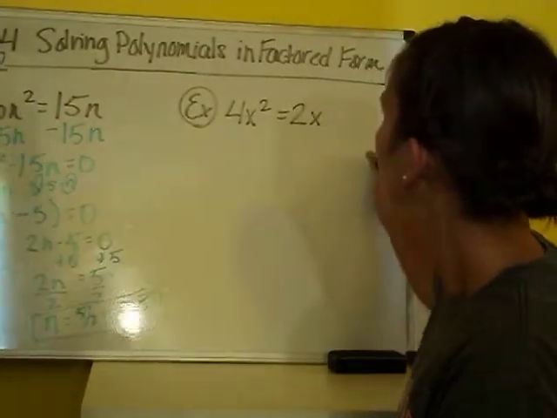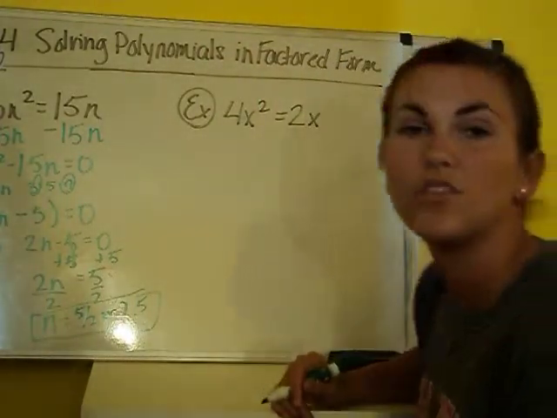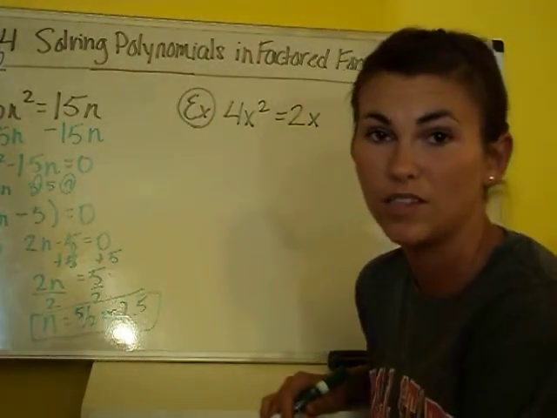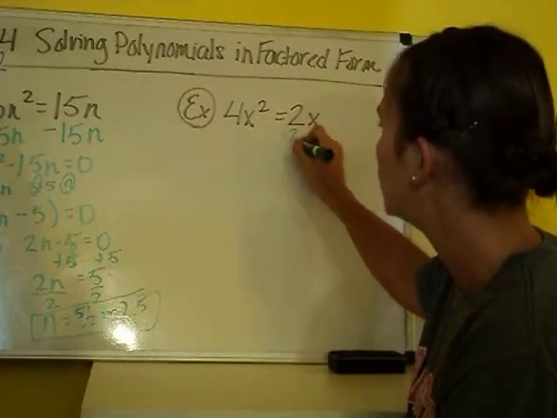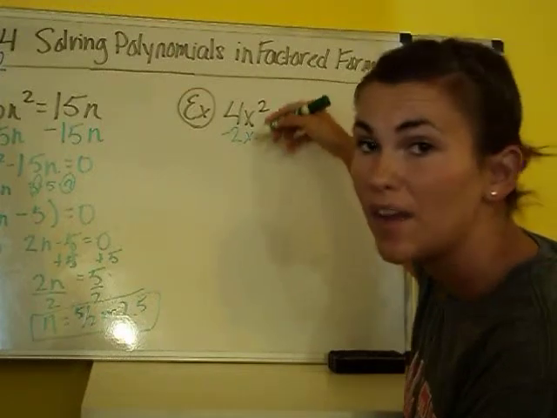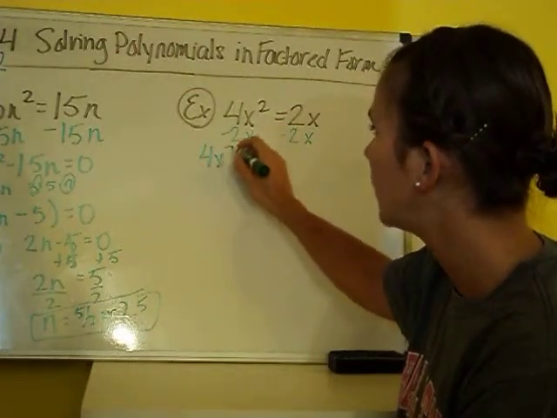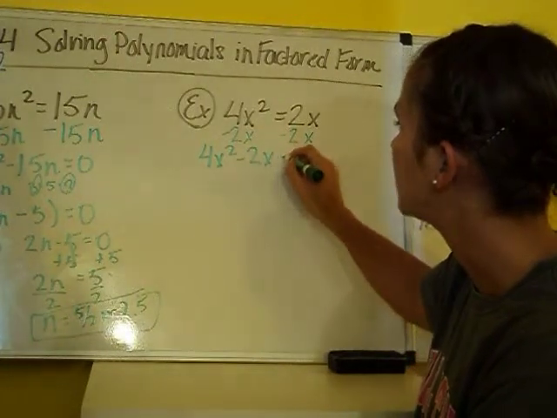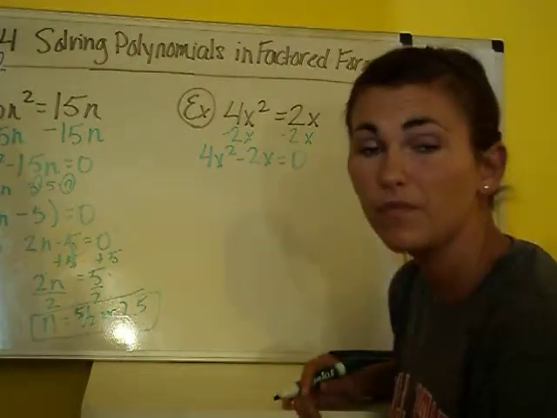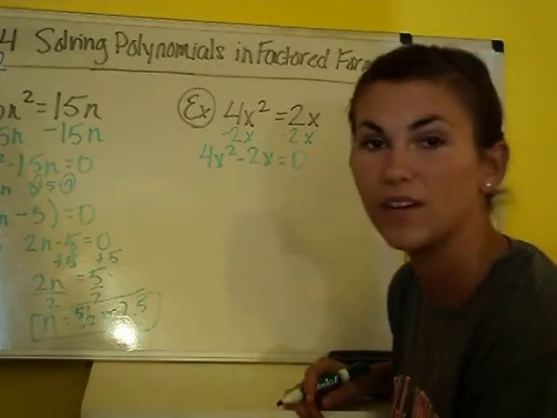Over here, we're going to have the same issue. So here we have 4x squared equals 2x. Okay, here we're not set equal to 0, so we first need to subtract the 2x on both sides. Again, we cannot combine these because they are not like terms, so we're going to have 4x squared minus 2x equals 0. From here, we're going to use greatest common factoring so that we can set up our zero product